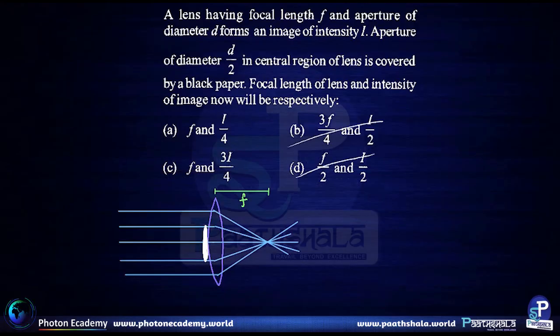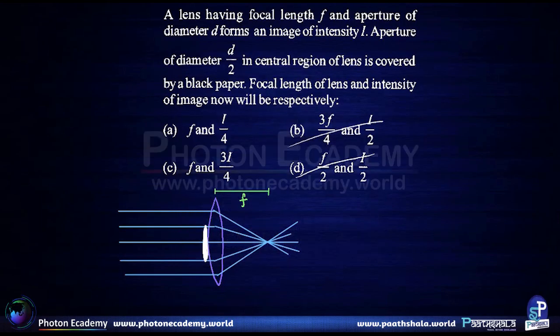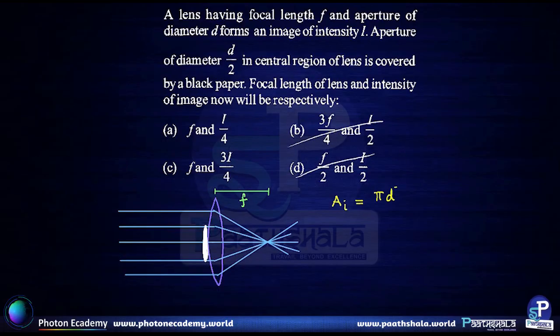And what is the intensity of the image? Intensity of the image is directly proportional to the amount of light that is coming into the lens. If we have blocked aperture of diameter d by 2, the initial area was, let's say, A initial was pi d square by 4,